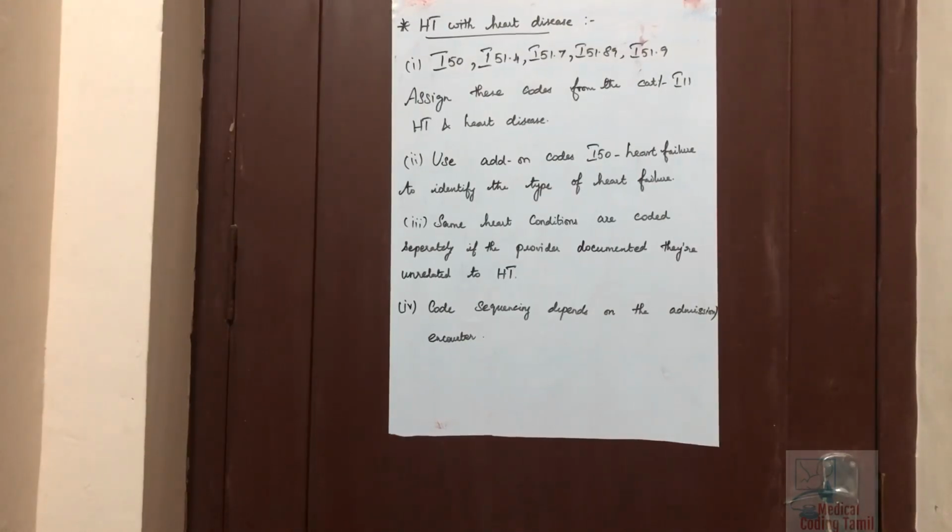And the next topic is hypertension with heart disease. The codes are I50, I51.4, I51.7, I51.89 and I51.9. These codes we have to assign from the category I11 for hypertension and heart disease. And we have to use an additional code from I50 to identify the type of heart failure along with these codes. The same heart condition codes like I50, I51.4, I51.7, I51.89 and I51.9 are coded separately if the provider